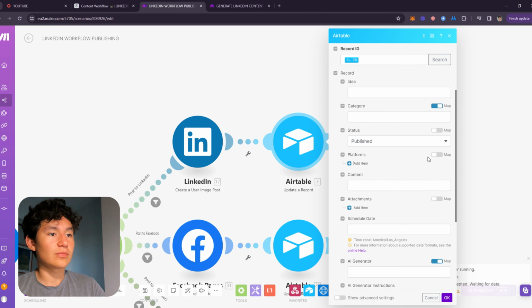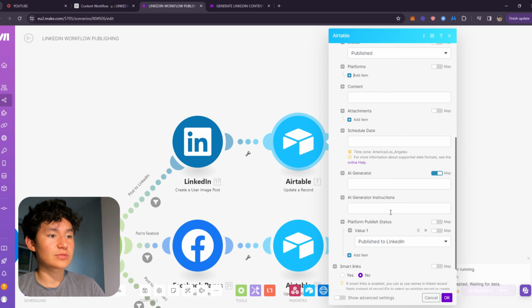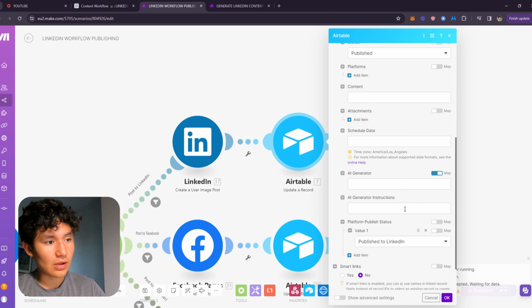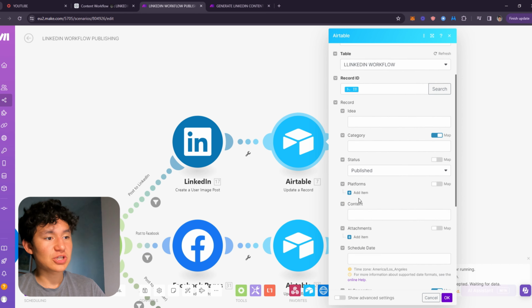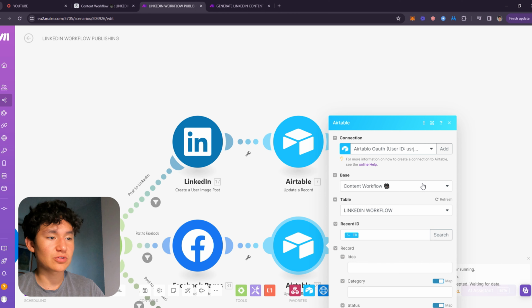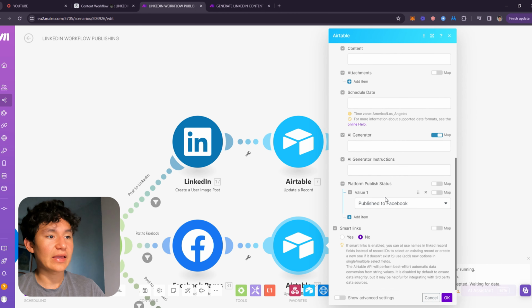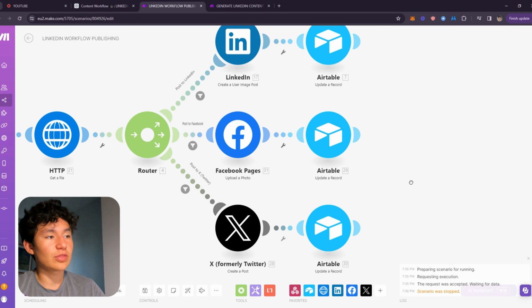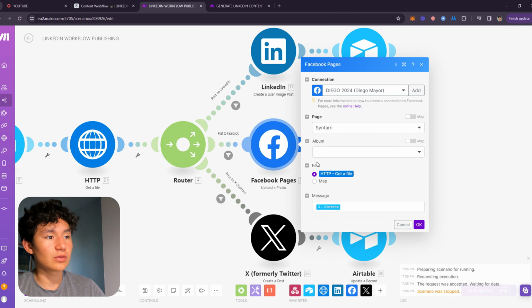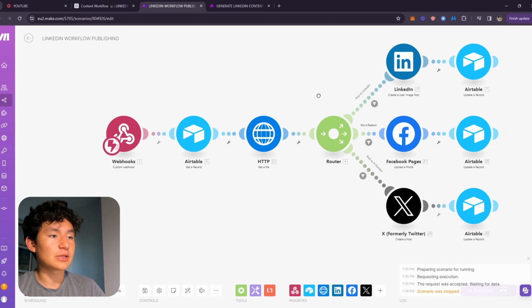You're also going to add the platforms publish status. This is going to be published to LinkedIn. All right, and that's pretty much it. Published to LinkedIn, and here it's published to Facebook. And yeah, pretty much the same thing for these three, and pretty much the same thing for these three in terms of the photos. You choose your page, you choose your file, you choose your message, and it's just editing the variables and stuff